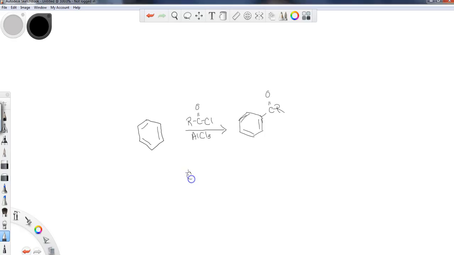So I just showed you the first step. What we're going to end up with is this intermediate, the acyl cation, and this is a great electrophile. So this will be attacked by the aromatic ring. And the same general process occurs. So all of the sort of opening steps have been a little different. With the nitration, we had to form the nitronium ion, but these all occur in 2 basic steps that are, number 1, form your electrophile and make it a real good electrophile. And then number 2, once that electrophile is formed, go ahead and reach